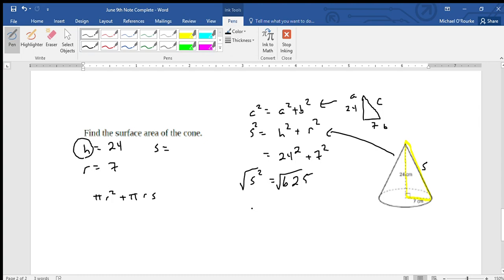So that equals 25. So now we know s is 25. So then we can go back in here and fill in all the numbers. And that's going to equal